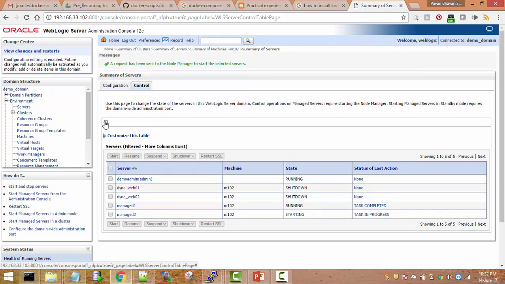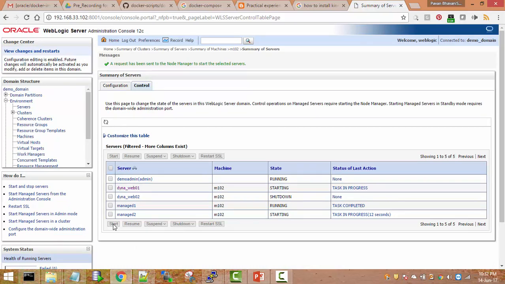You can also start your dynamic web server as well. Can we do two servers in parallel at a time? If your system is capable of running multiple WebLogic servers, then go ahead and start. There is no harm, but you should have enough RAM space and enough CPU speed, then only you can do that. If two managed servers are running on the same machine in production, it is always recommended to start one server at a time.